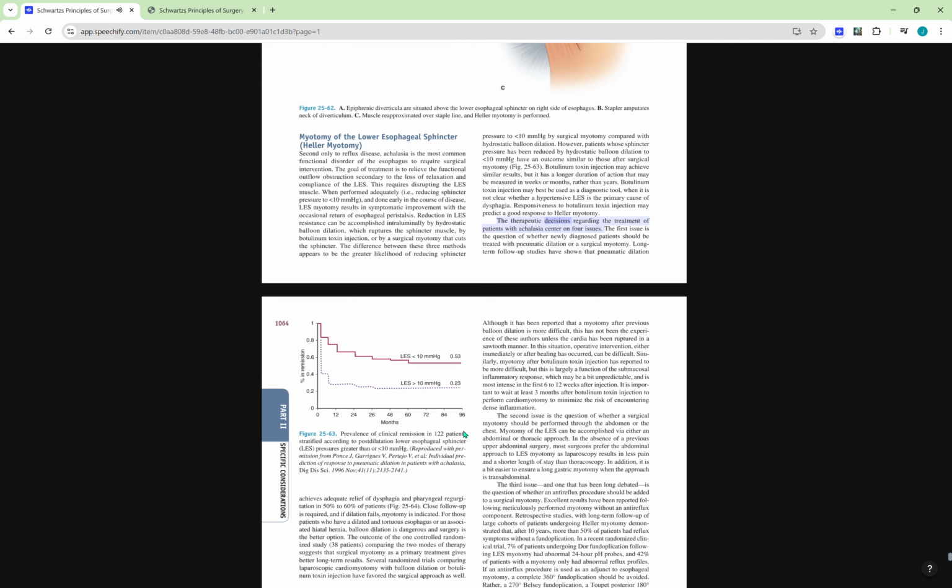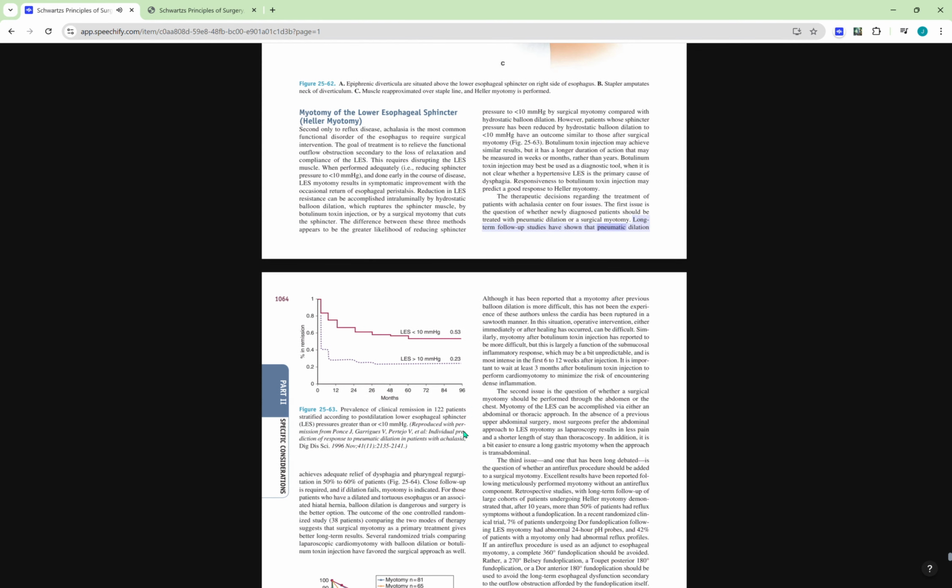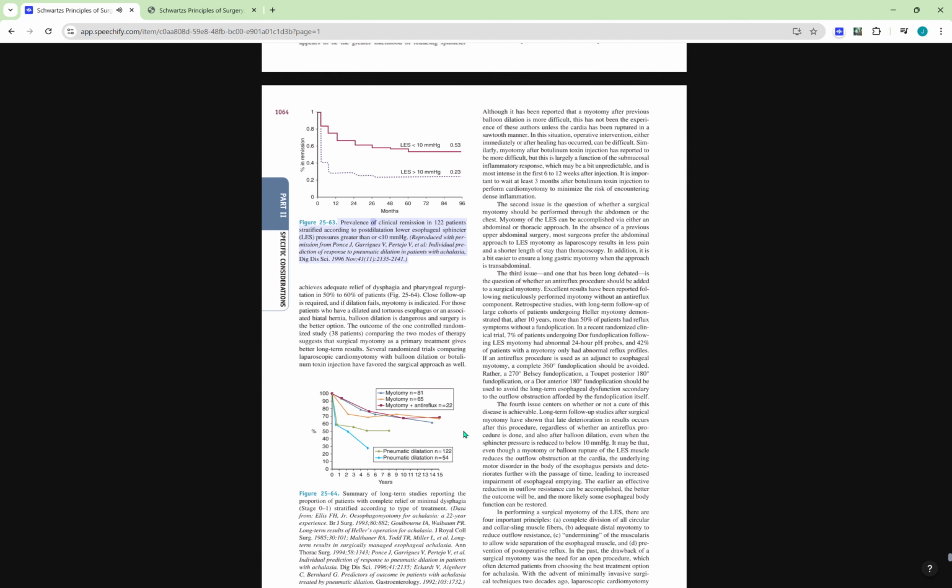The therapeutic decisions regarding the treatment of patients with achalasia center on 4 issues. The first issue is the question of whether newly diagnosed patients should be treated with pneumatic dilation or a surgical myotomy. Long-term follow-up studies have shown that pneumatic dilation, figure, prevalence of clinical remission in patients stratified